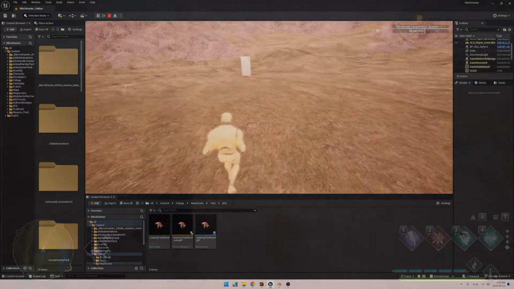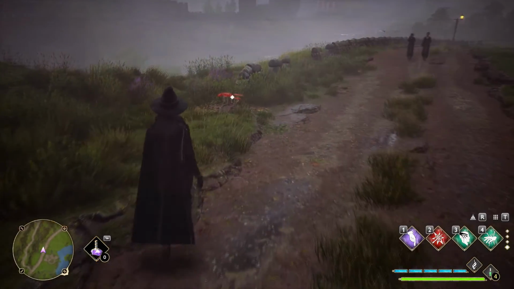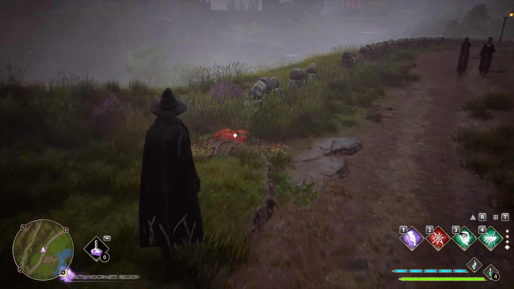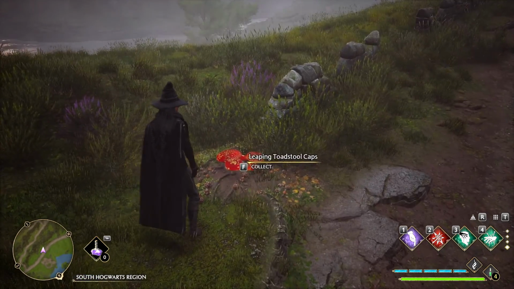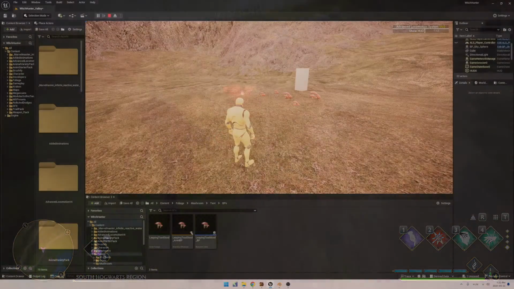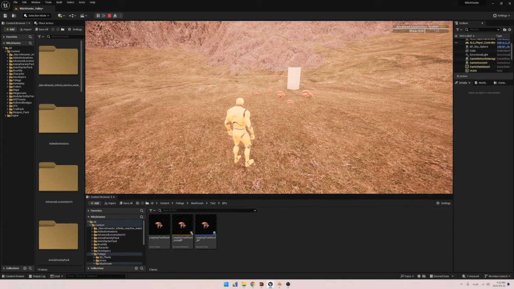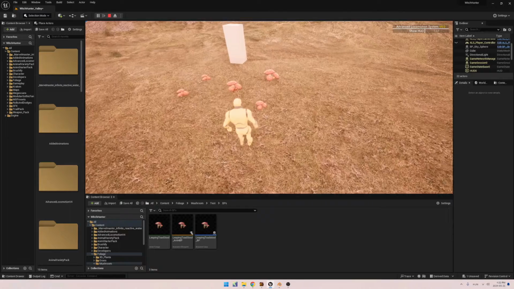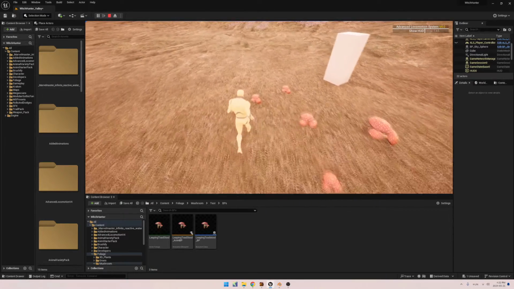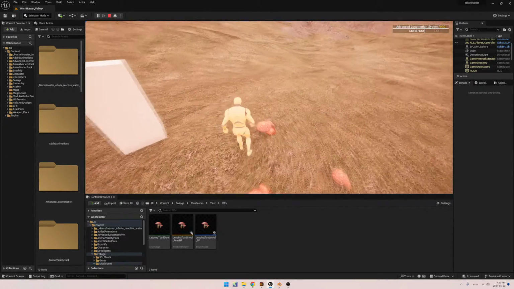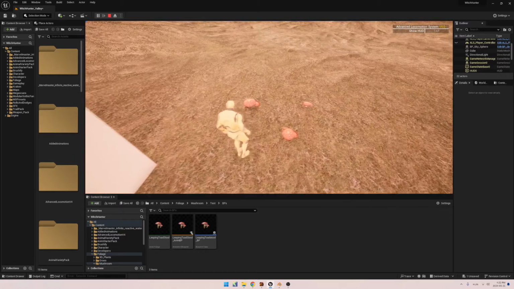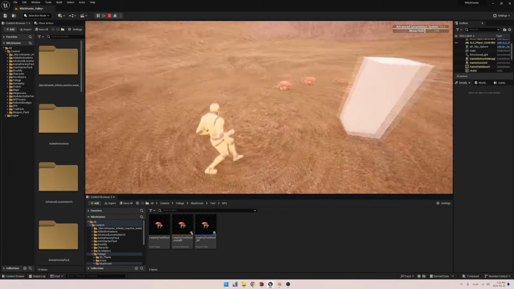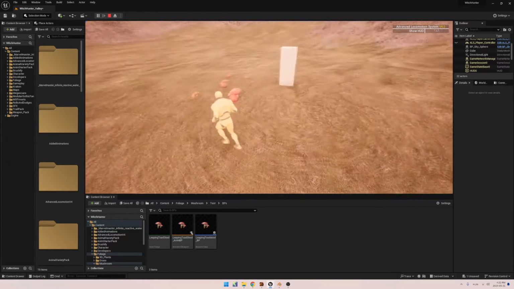I first got the idea after playing Hogwarts Legacy. It's basically a type of foliage that reacts to the player's presence. As you can see, those mushrooms there already have some sort of idle animation. And when I get close to them, they get scared. They start shivering and going into the ground, and if I go away, they go back to their normal idle